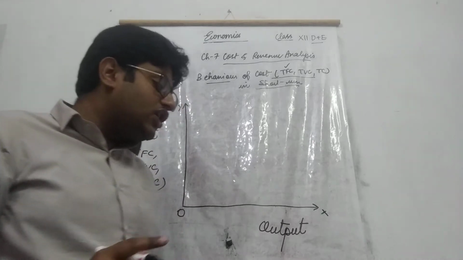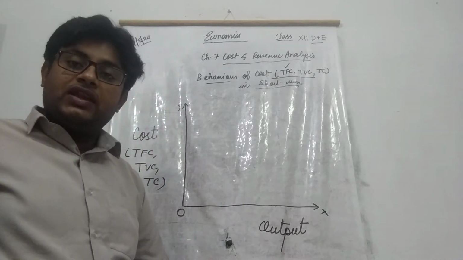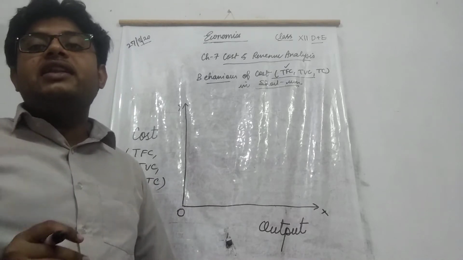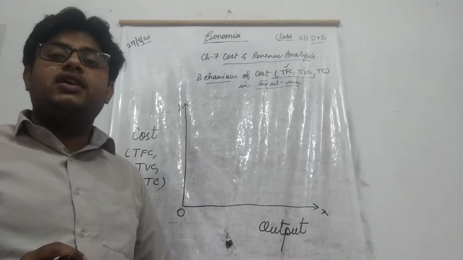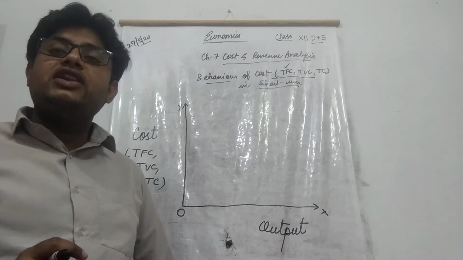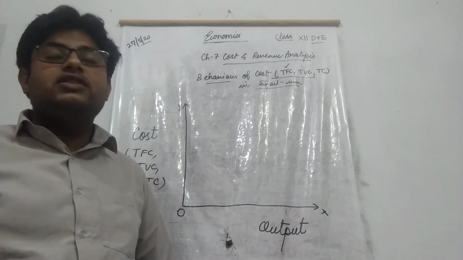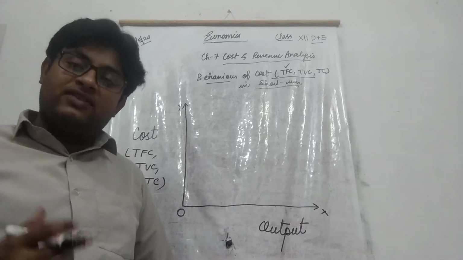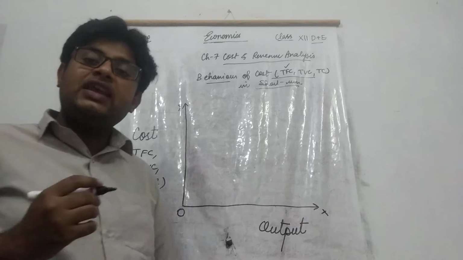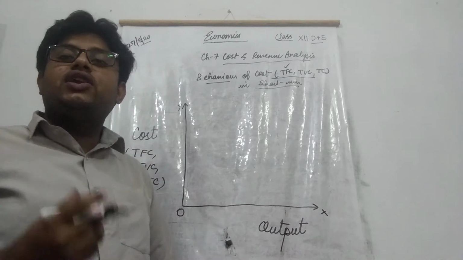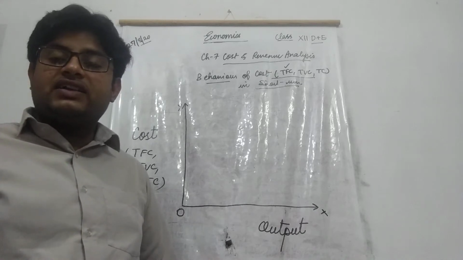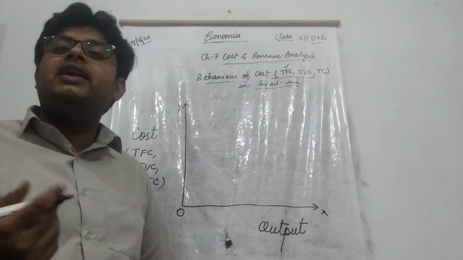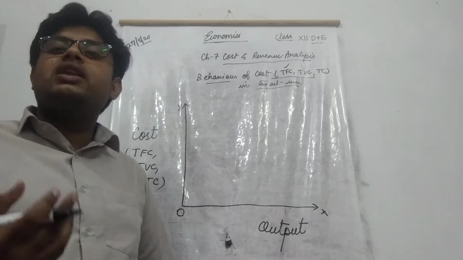Yesterday with the help of the schedule, it was very much clear that the total fixed cost remained constant in the short run. And the reason I have already told you: in the short run, since the time period is very short, the producer or the entrepreneur cannot throw away the fixed factors. They cannot get rid of their fixed factors. They have to incur expenditure on their fixed factors, and since the fixed factors are constant in the short run, your total fixed cost, that is the expenditure incurred on the maintenance of those fixed factors, will also remain constant.